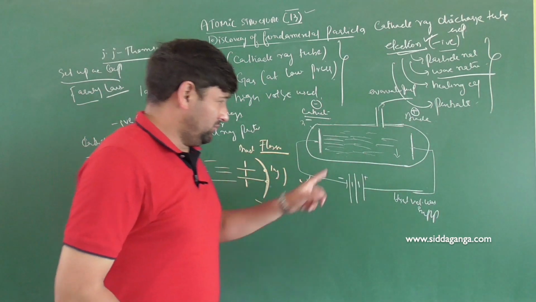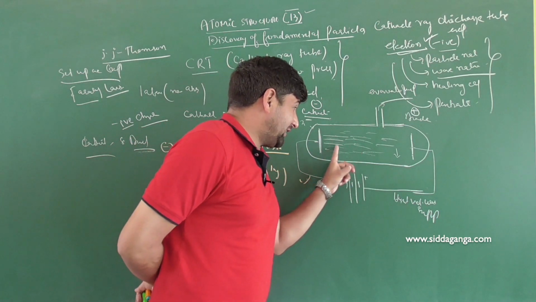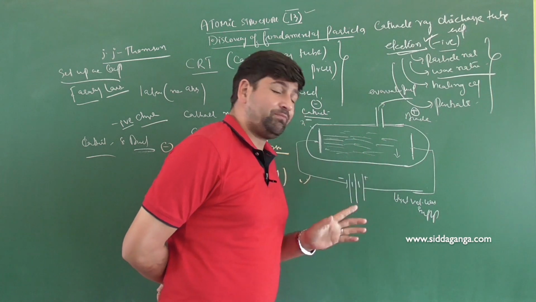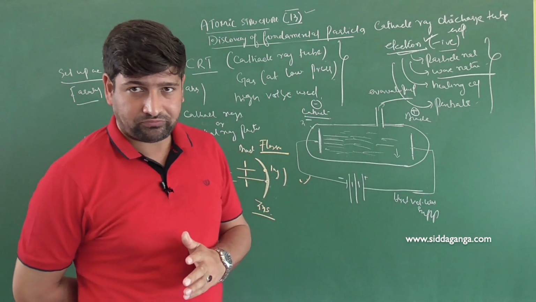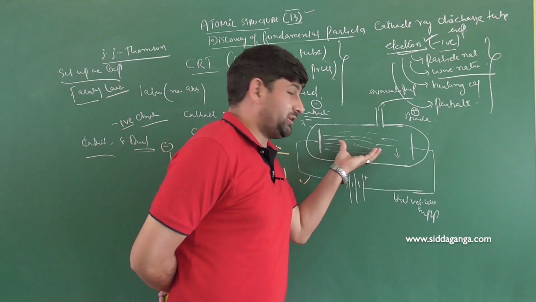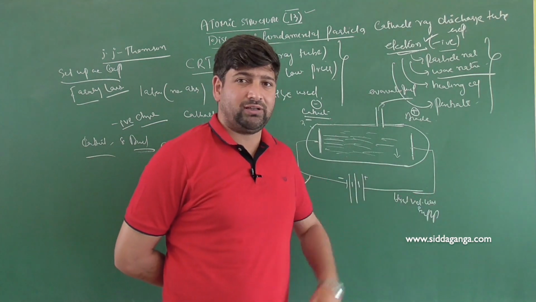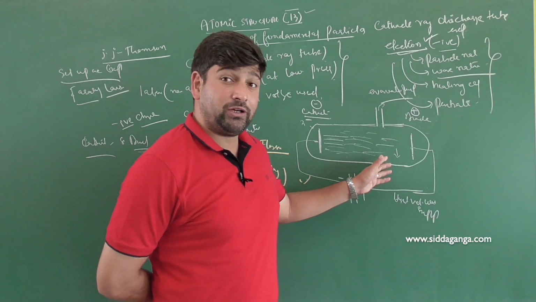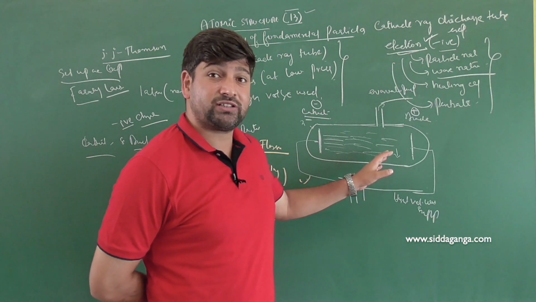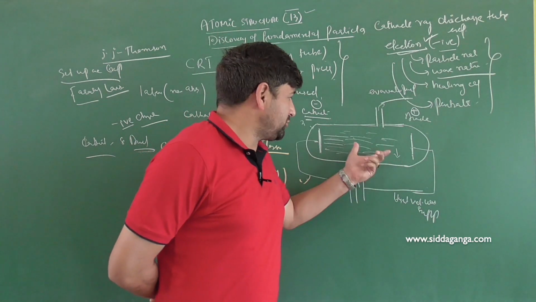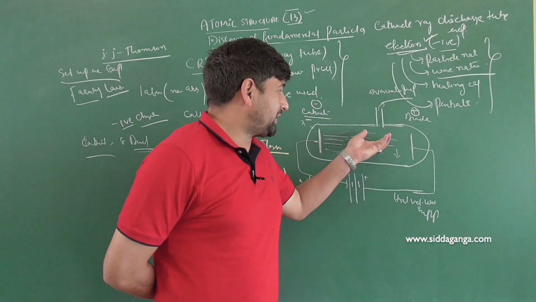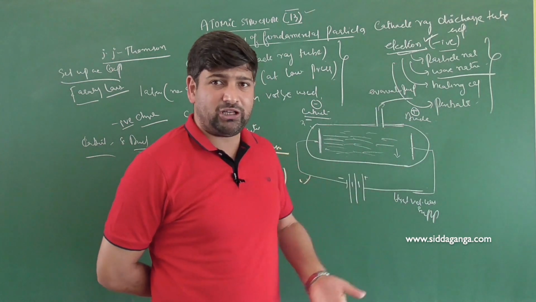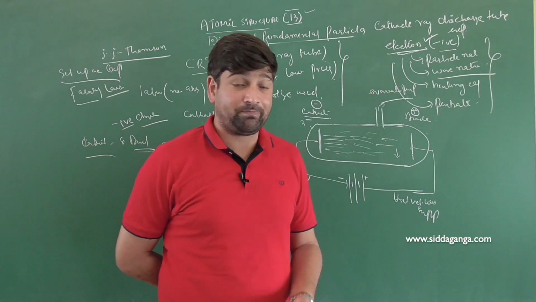But yes, the color that was generated or illuminated, that color we could see in the chamber, was dependent upon the gas, and that is quite obvious. We have learned yesterday itself in our Bohr's model of an atom, if the gases are different, nuclear charge will be same or different? Nuclear charge will be different. Because nuclear charges are different, the color development, when the electrons are coming back to the ground states, will be different. So different gases will generate different colors.